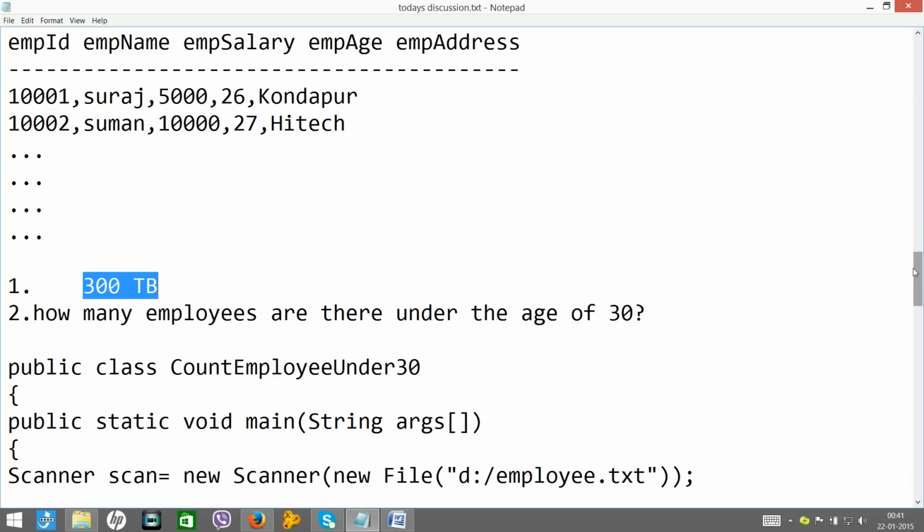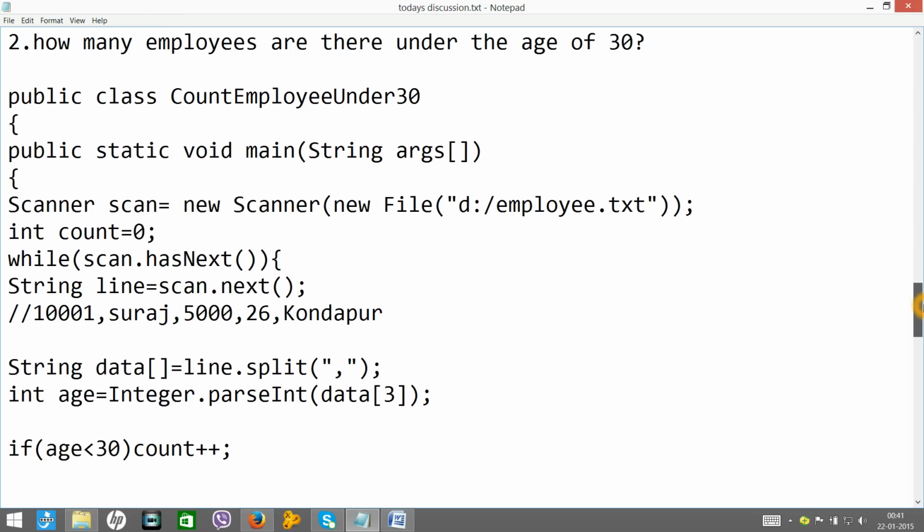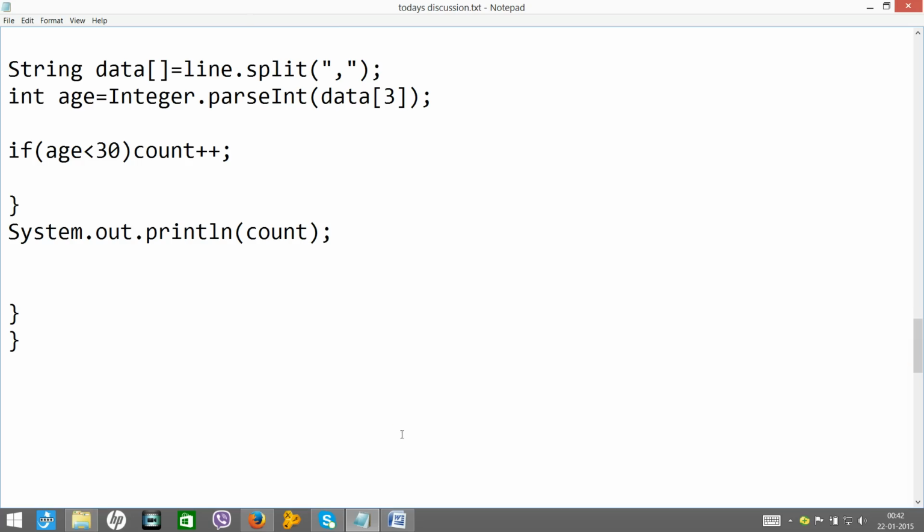Next problem: even though you become successful in storing that data one way or another, processing the data using a single standalone core Java program will not be sufficient. If you run this program, I believe you will get the result. I'll tell you when you will get the result.